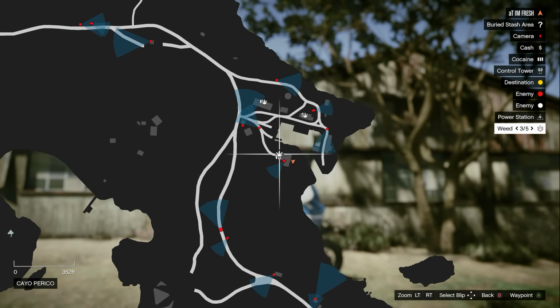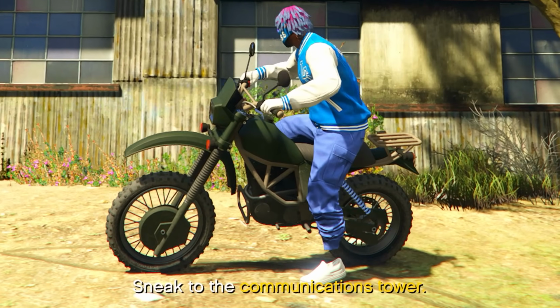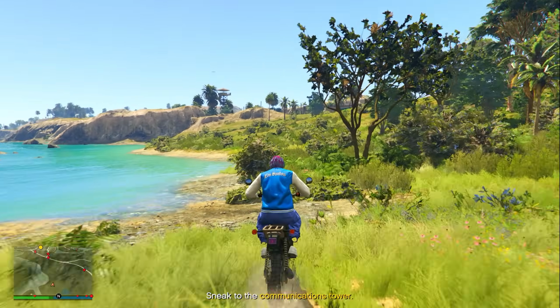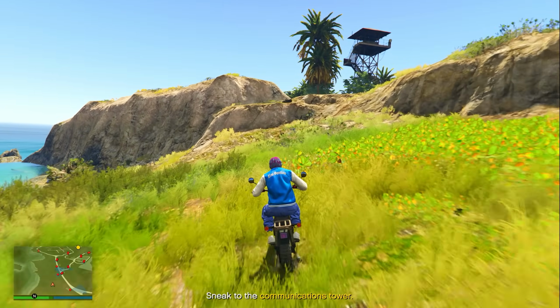But yeah, once you do get at least 2 piles of coke either at the airstrip or the North Dock, what you then need to do is start going over to the communications tower. And this same building that I told you was the best to loot over at the North Dock is a good reference point, because all you want to do is go straight in front of this building and then you'll see this hill. This hill is the hill that you want to go over to go to the communications tower,